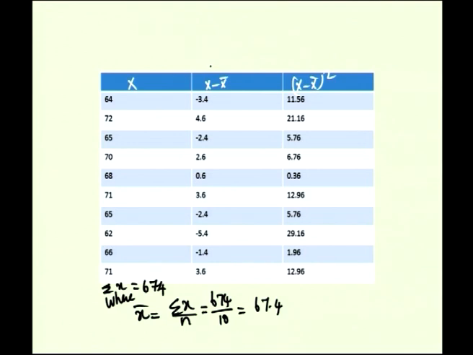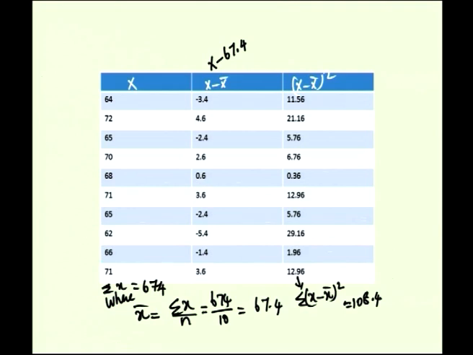Here each value is subtracted from 67.4, which gives minus 3.4 and 4.6 etc. These are the squares, x minus x bar whole square: 3.4 whole square, 4.6 square, like that this column has been formed, and this column total, x minus x bar whole square total, is equal to 108.4. So, now